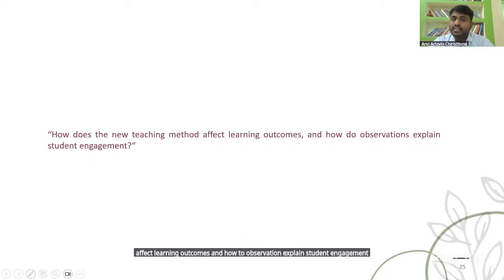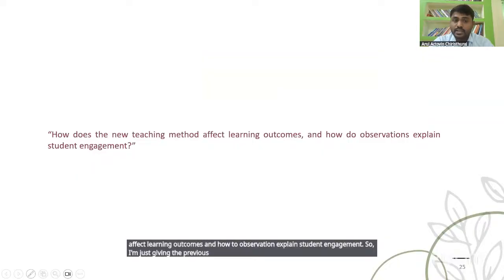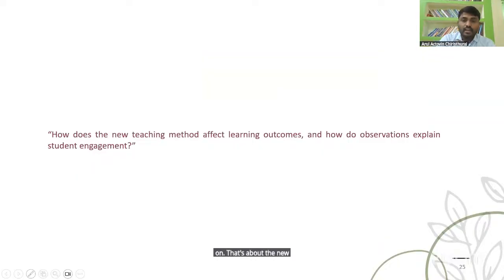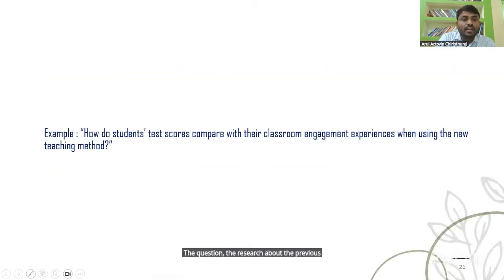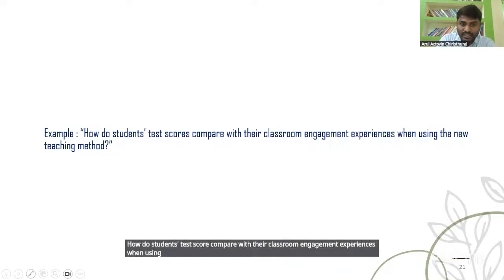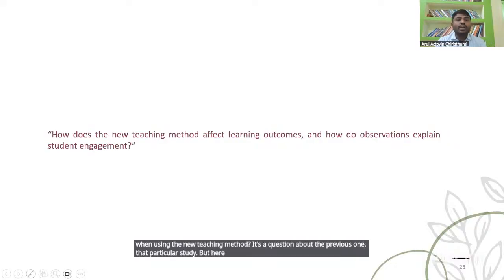I'm just giving the previous one, about the new teaching method. Keep it in mind, all of you. The research question in the previous one was: how do students' test scores compare with their classroom engagement experiences when using the new teaching method? But here, how does the new teaching method affect the learning outcomes, and how do observations explain student engagement?